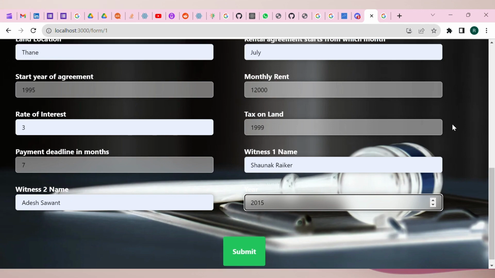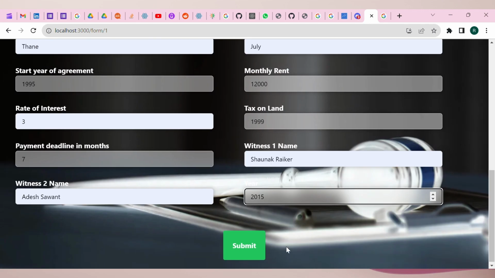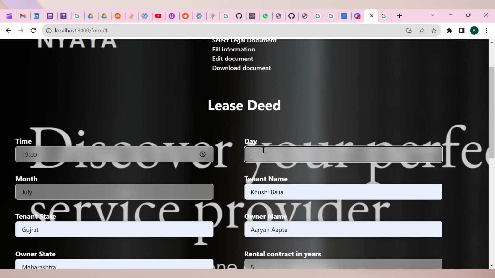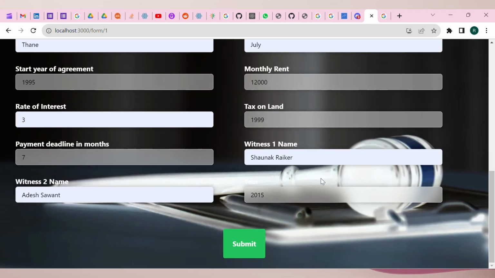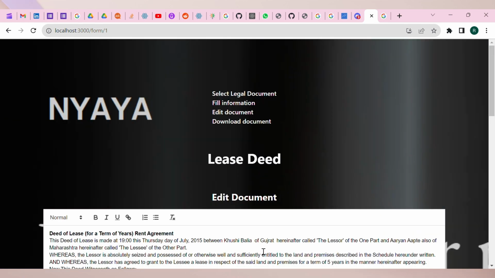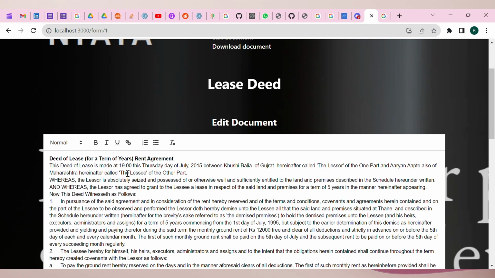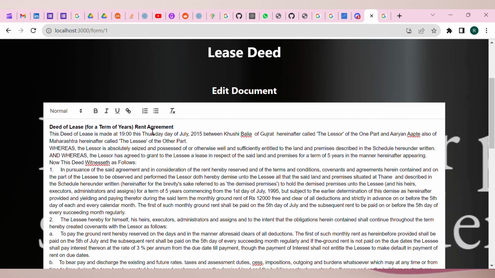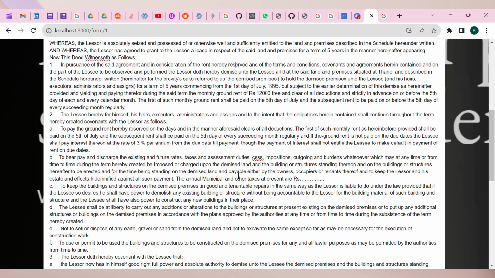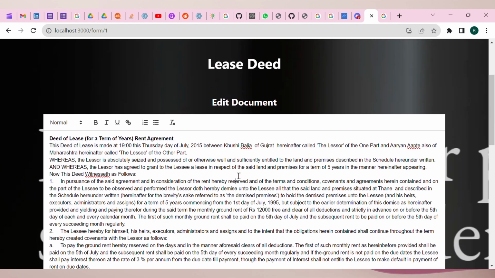So once the information is filled, the user can click on submit. Okay, so I have forgotten to fill the date. So as you can see, a document has been generated with the information that the user submitted. So currently for one type of document we have only one type of template, but for various codes we will